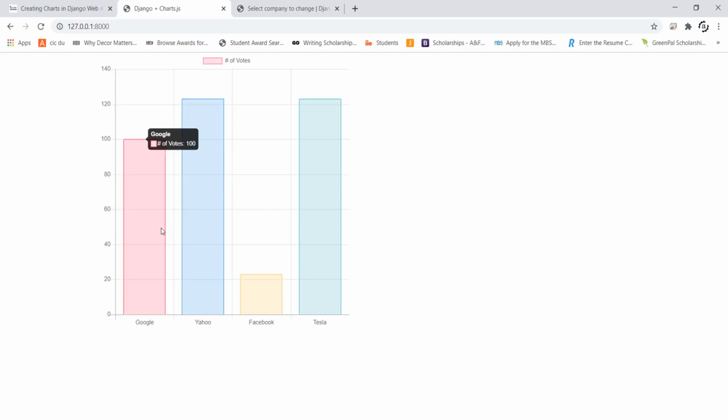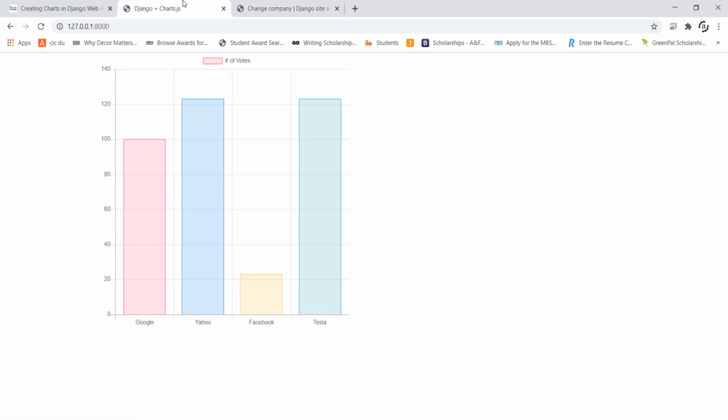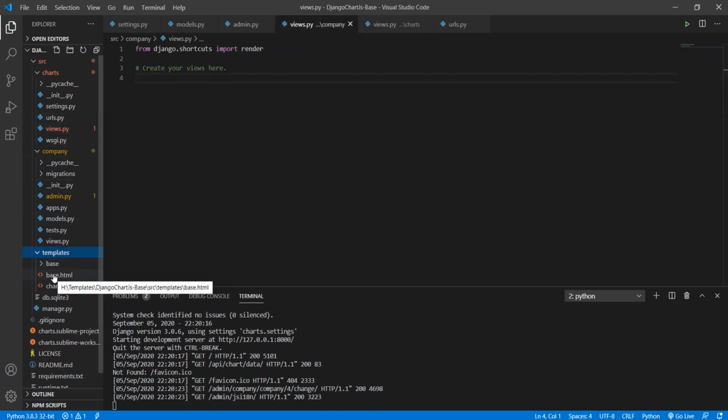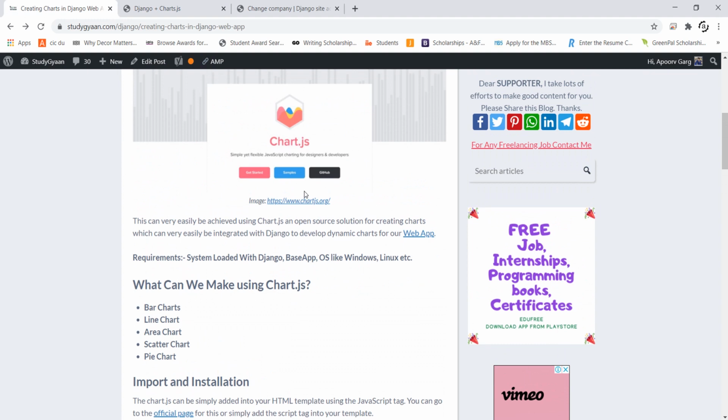And as we can see, the changes that we made are reflected, and with that we can see that the entries that we have made in the database are visible here. You can of course customize it using the templates that we have initially made, change the color and do whatever you wish to do. For more, you can check out the charts.js website for the complete documentation.